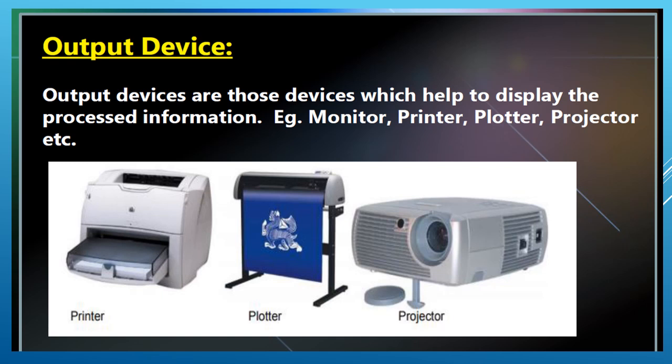You can see in the image also: printer, plotter, projector. I think you have seen a printer and a projector. What is a plotter? A plotter produces vector graphics drawings. By using a plotter, we can draw lines on paper using a pen. In the past, plotters were used in applications such as computer-aided design, as they were able to produce line drawings much faster and in higher quality.